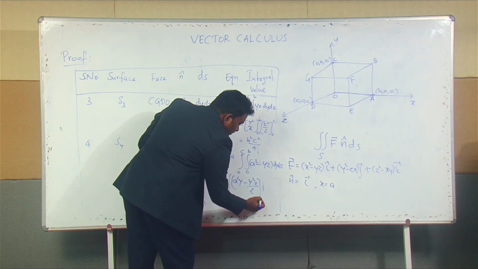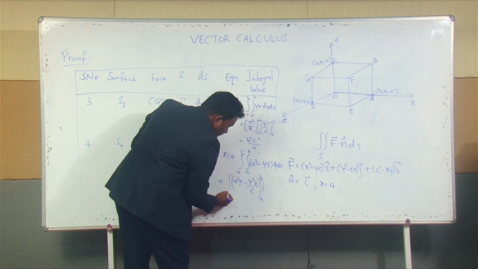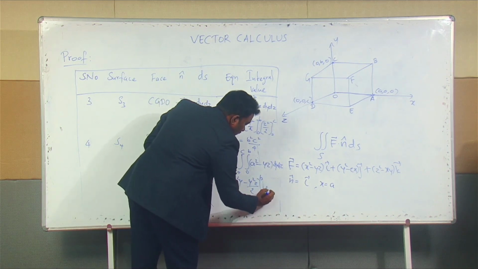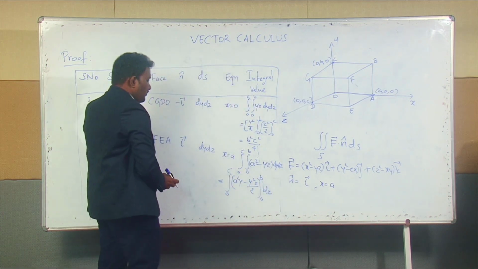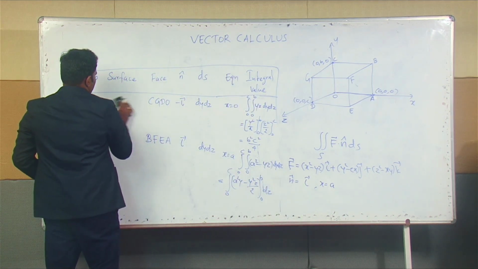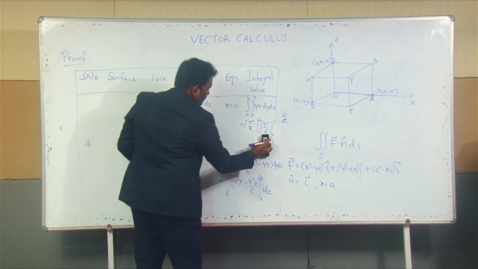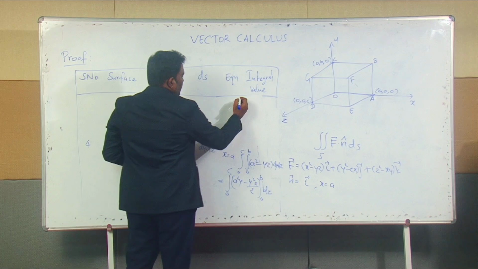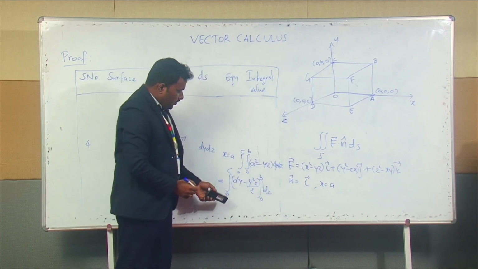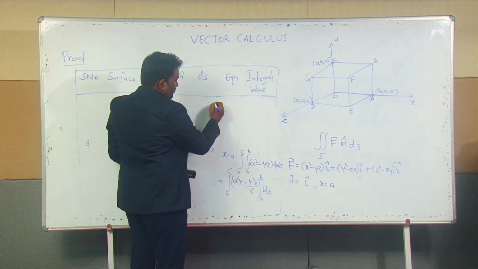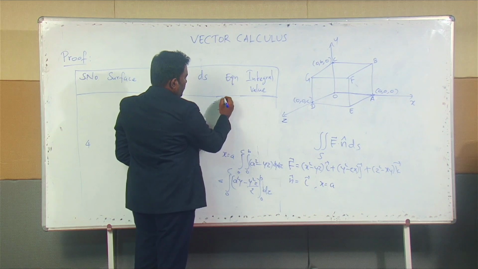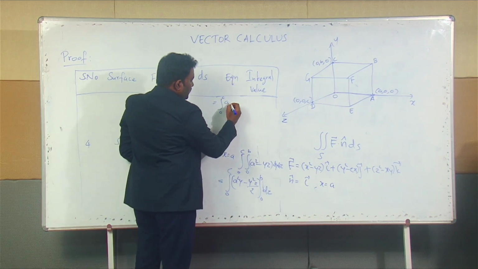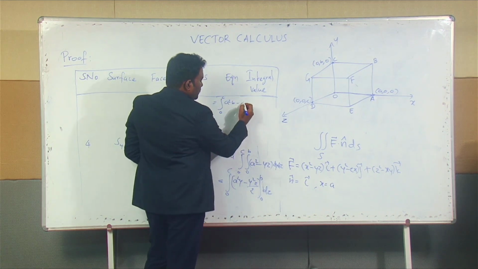So, with the limits 0 to b in this, so when you replace the limits here, it becomes a square b minus